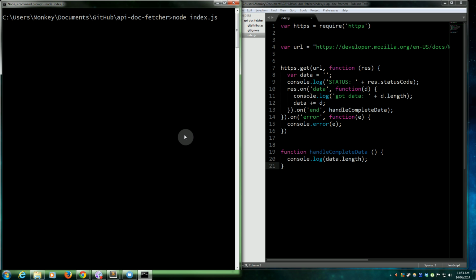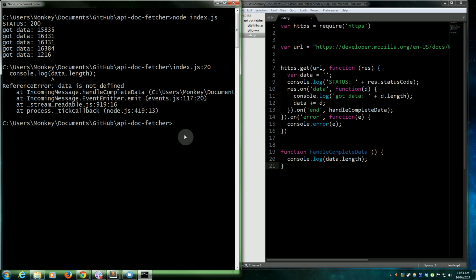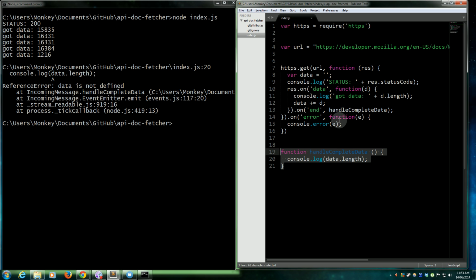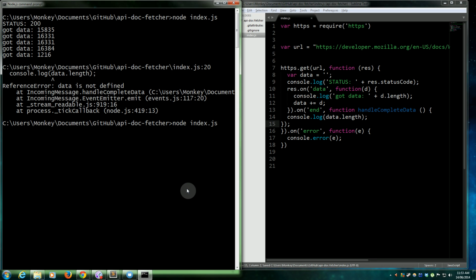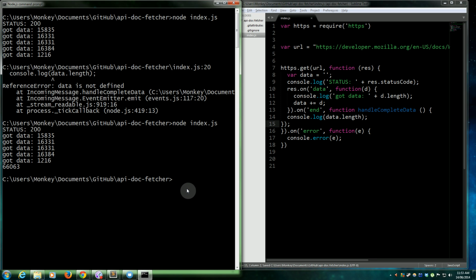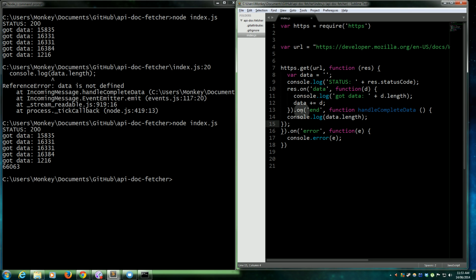Press up a couple of times to get the right one. And yeah, so data is not defined. Whereas if I had that inline there, let's temporarily paste that in there, it might be defined. Yes, it is. So I might leave that inline like that. Just get the indentation right. But then I'll still have this function handle complete data here